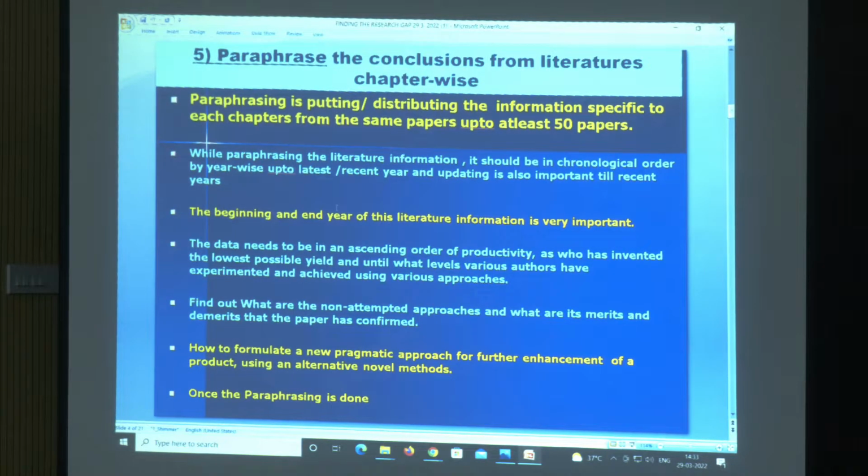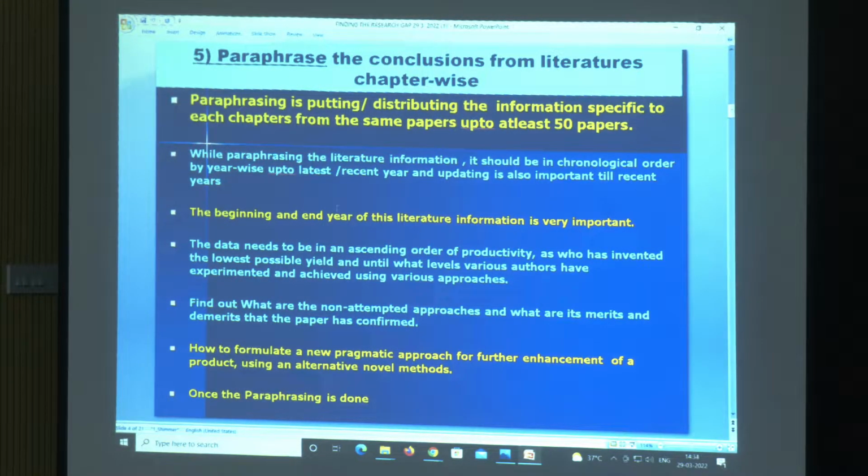So paraphrase the conclusions from literatures chapter wise. So first you have filtered the literatures. What you did before, you have filtered, and you have filtered in a soft copy, or you have filtered into a hard copy by purchasing the notebook. So paraphrasing is putting or distributing the information specific to each chapters from the same papers up to at least 50 papers. So from the same paper, you would be putting or distributing the informations on chapter wise and create chapter wise conclusions, chapter wise informations. That's what is called paraphrasing, developing paragraphs